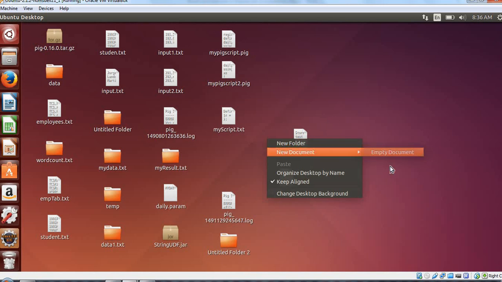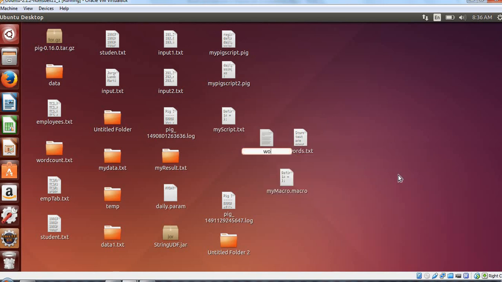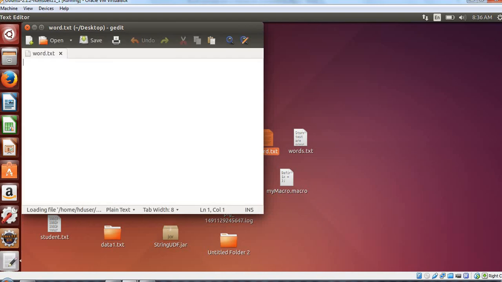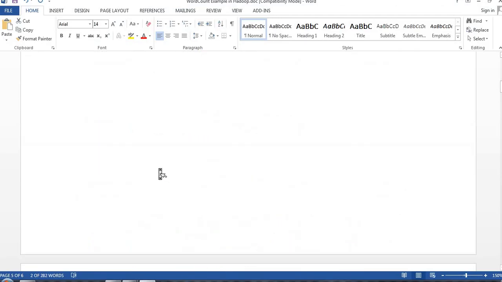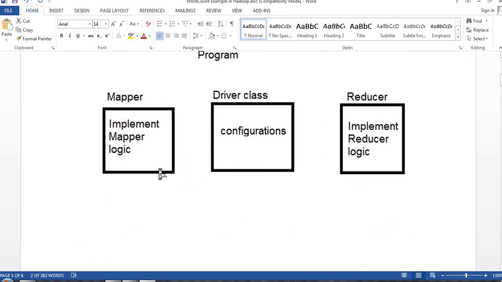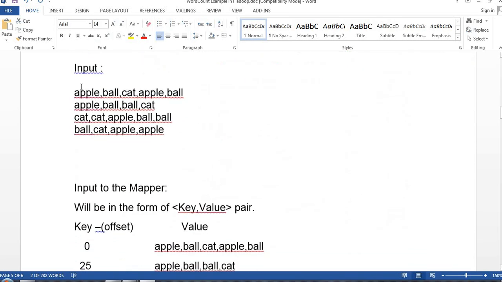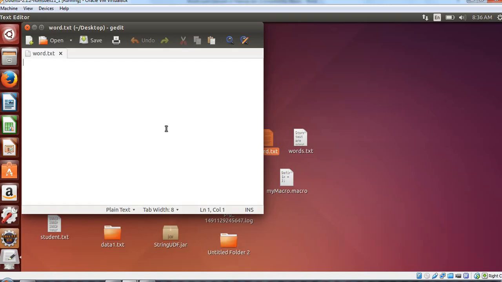New document, empty document. I'll give it the name word.txt. That's fine. I'll paste whatever the input is here. Done.